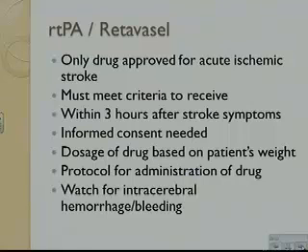When you're using something of this nature, there are protocols, and informed consents that need to be obtained. Since this is the Drano of clot busters, you always run the risk of getting rid of the clot and taking care of the problem you're trying to fix, but because it increases bleeding, it could cause more issues as well. People need to know that this could help, but it could have some bad side effects too, like intracranial hemorrhaging and bleeding. There are protocols for the administration of this drug that need to be followed based on your institution.